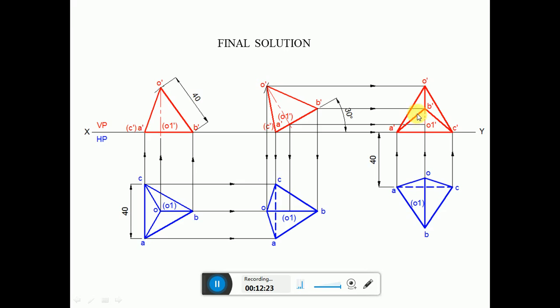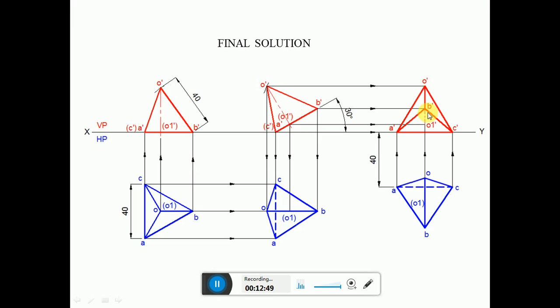All the exterior edges of the boundaries of the solids are visible. So join between O dash, A dash, C dash, and C dash, O dash, which are going to form the exterior edges of the boundaries of the solids. You dark them. Then when you look from the front view, since ABC is near to the observer, you dark them. So dark between A dash to B dash and B dash to C dash. So you are going to get a continuous dark line.